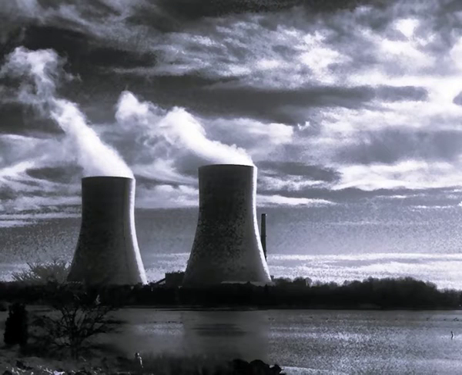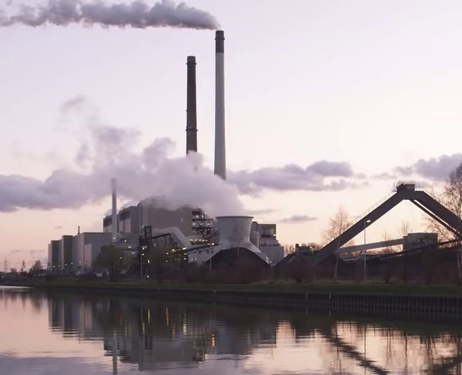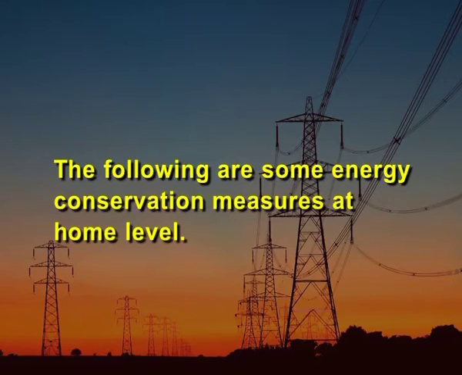The increasing demand for power has led to considerable fossil fuels burning, which in turn has an adverse impact on the environment. In this context, efficient use of energy and its conservation is of paramount importance. It has been estimated that nearly 25,000 megawatts can be saved by implementing end-use energy efficiency and demand-side management measures throughout India. So, the following are some of the energy conservation measures at home level.